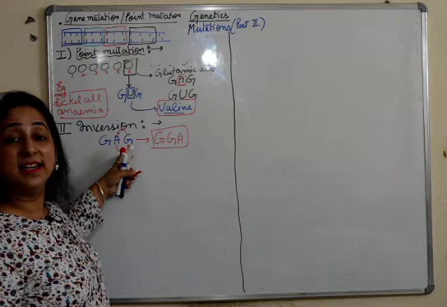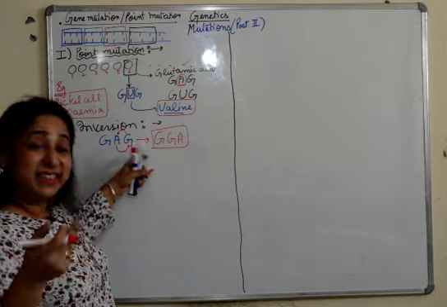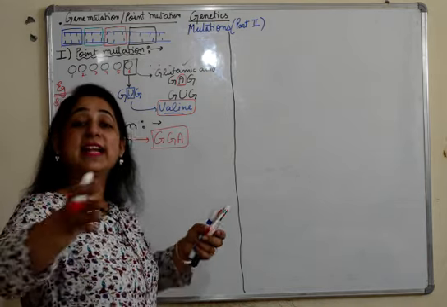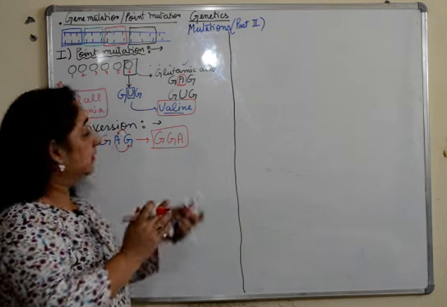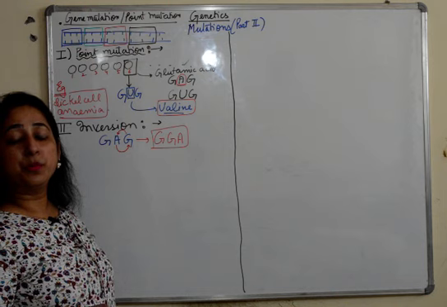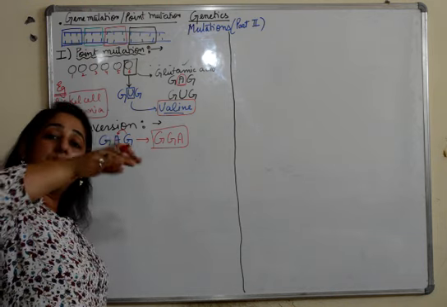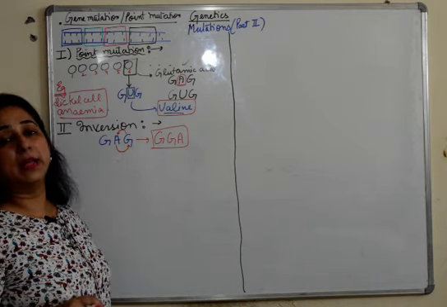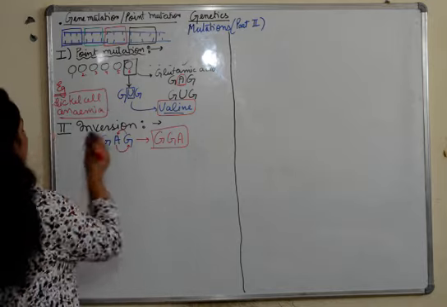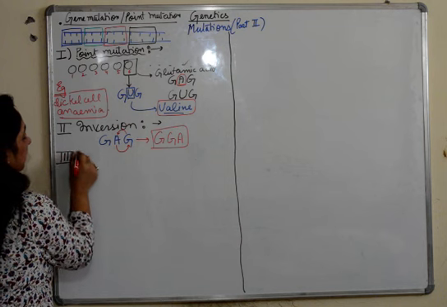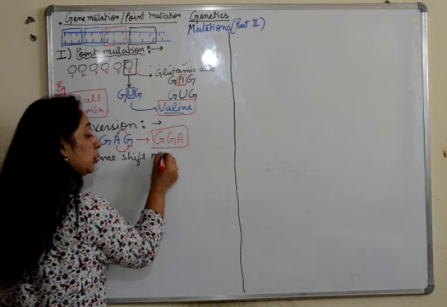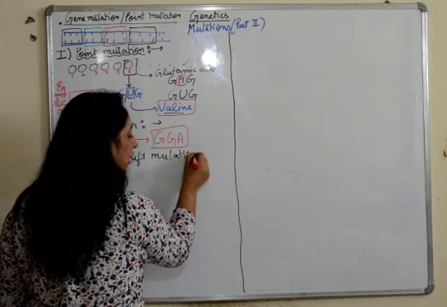Now glutamic acid, wherever it was forming, will not form. Nothing will be formed in place of glutamic acid, and the whole process gets hampered by the absence of glutamic acid. So this is inversion. This type of gene mutation, where the nucleotides just flip, is known as inversion. Then we have frame shift mutation. The whole frame changes.